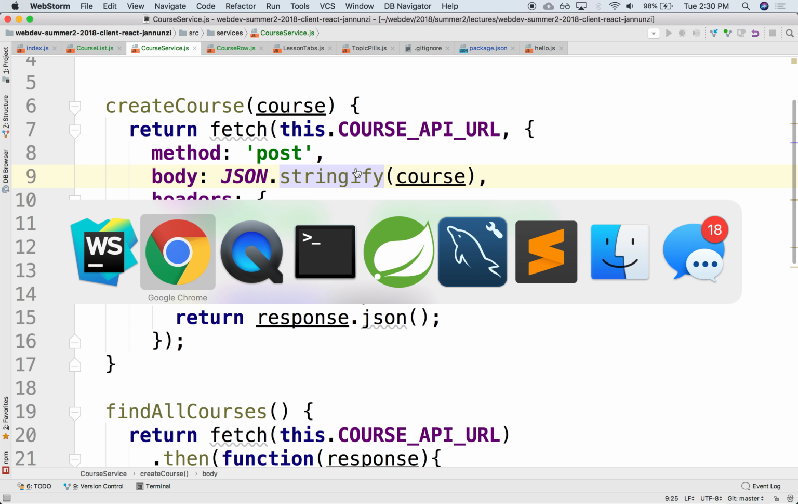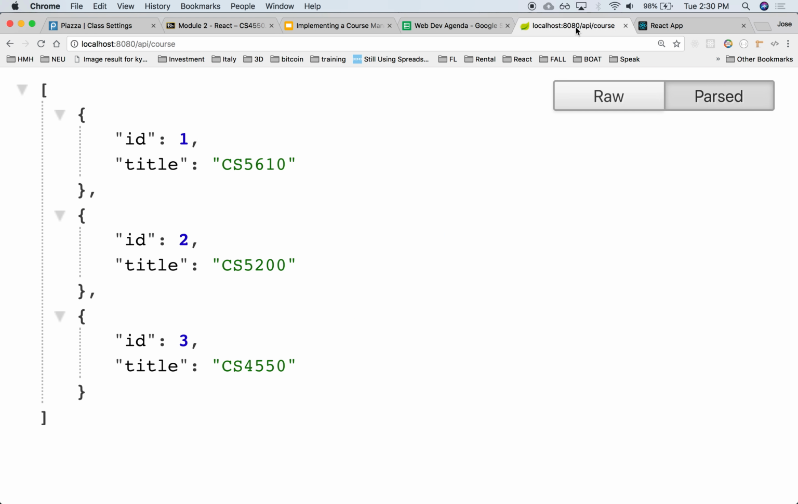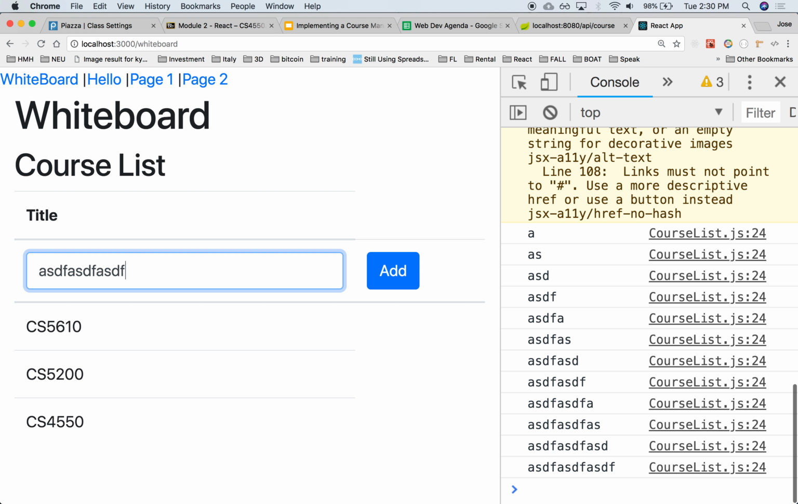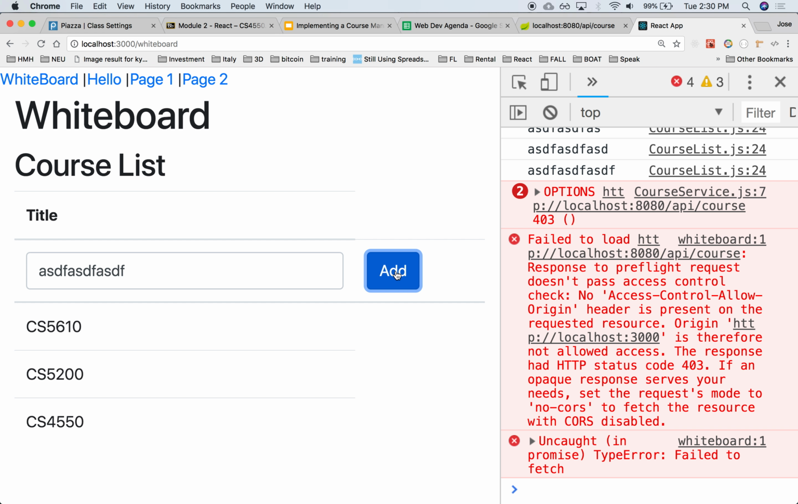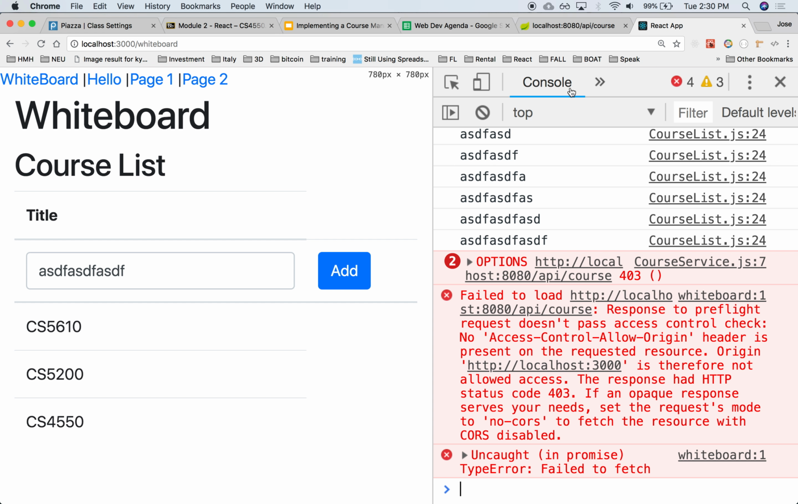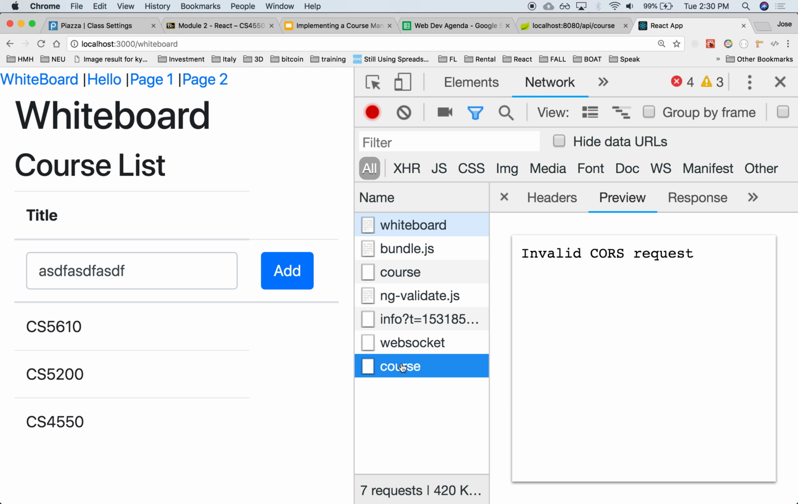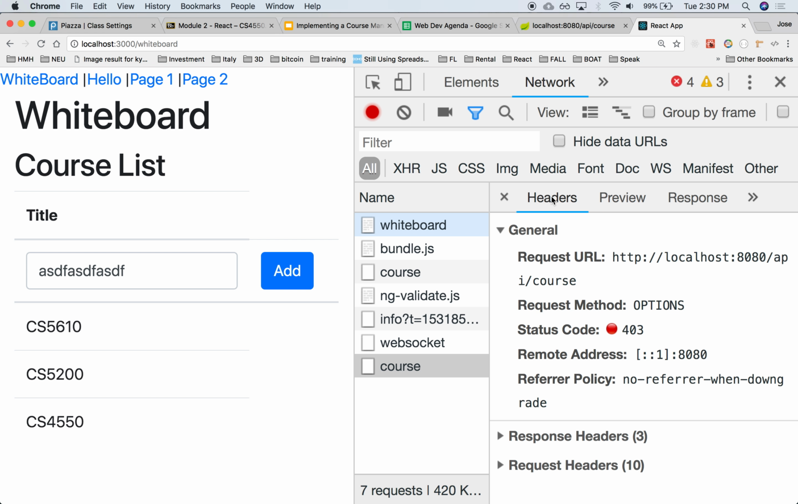All right, so let's try it out again. Let's refresh, and let's do an add. Look, it looks like it went out to the server. We can see the network here. It says 403. 403 says that it's an invalid course, meaning that I tried to do a